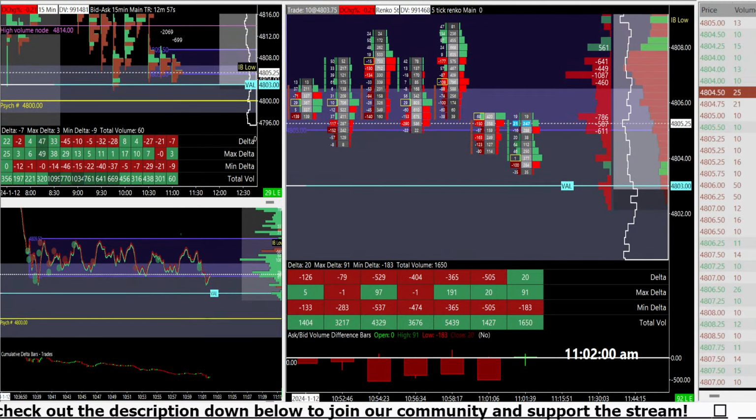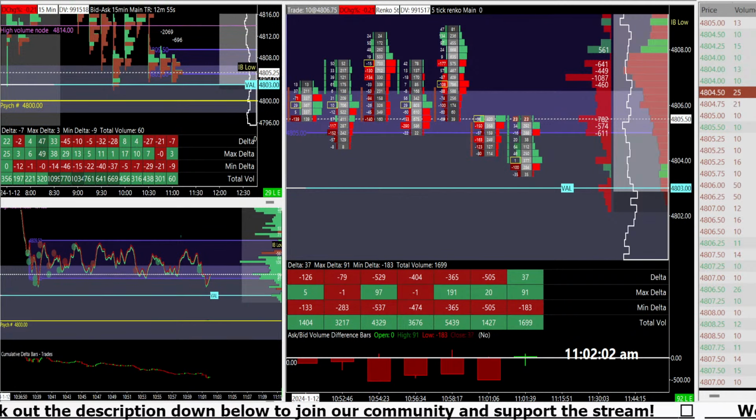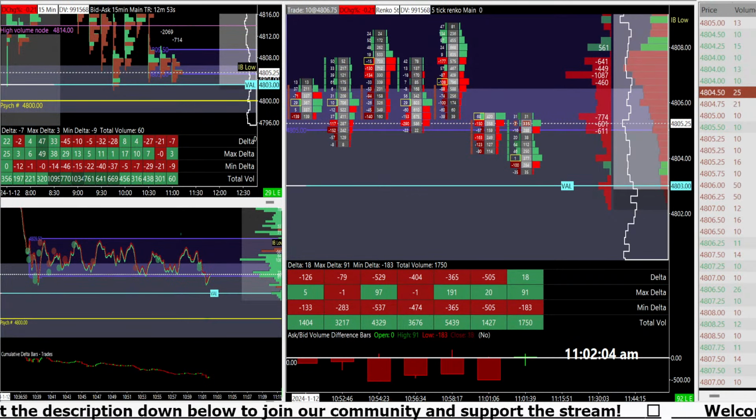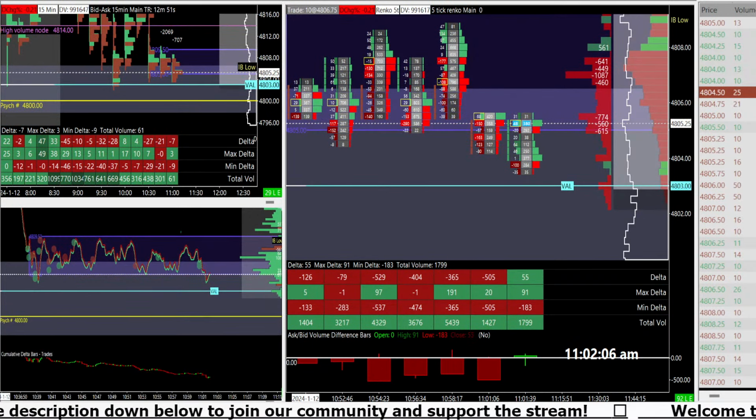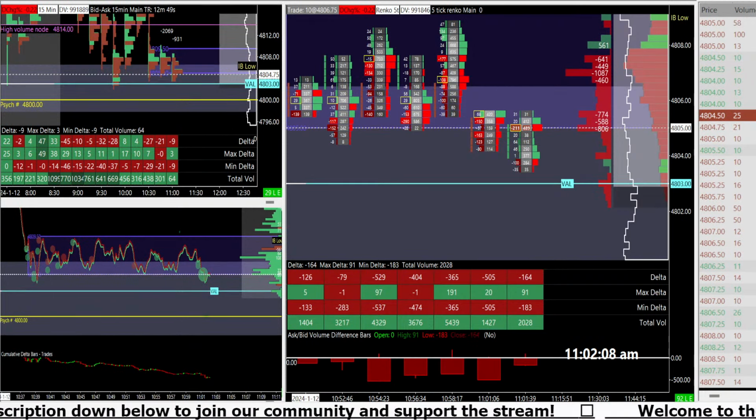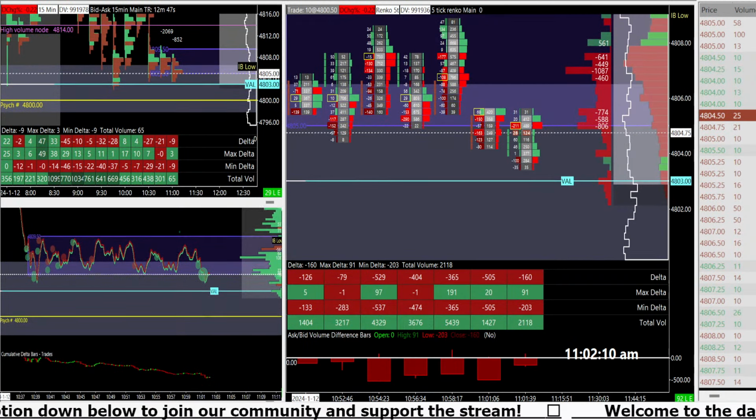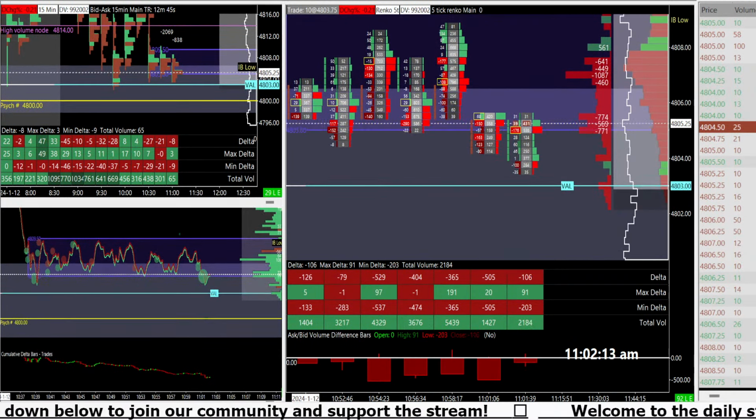You could definitely take trades inside balance. I've taken trades inside balance before. But that was before I kind of have my system down like I do now. So you wait for the breakout. I wait for the return. So